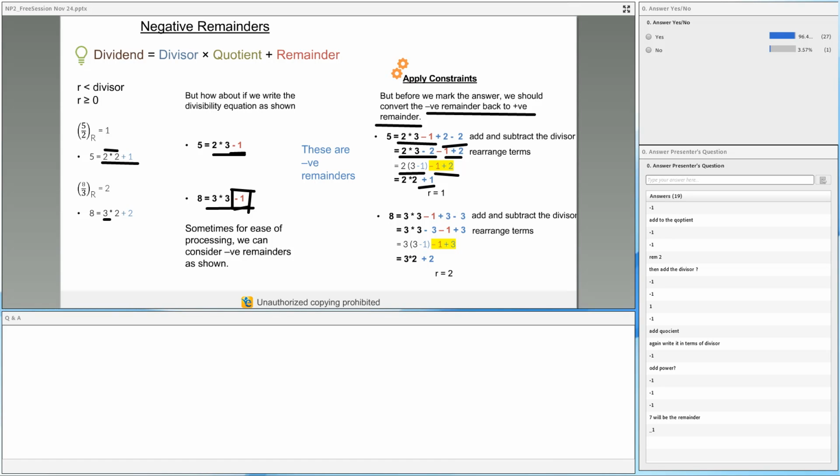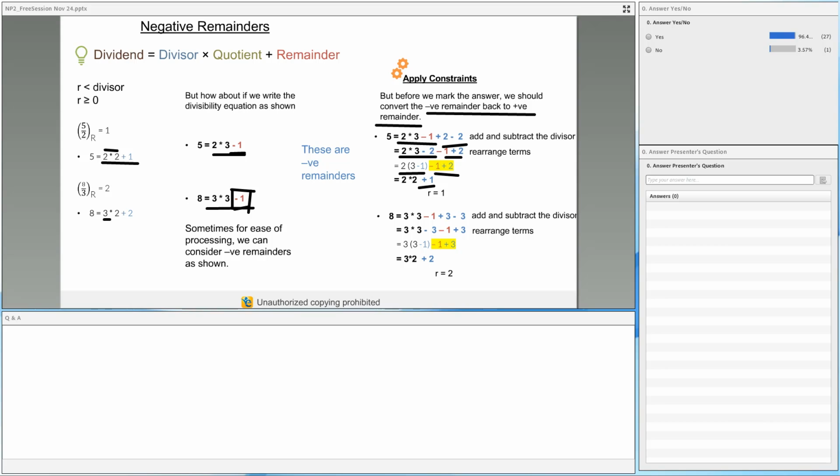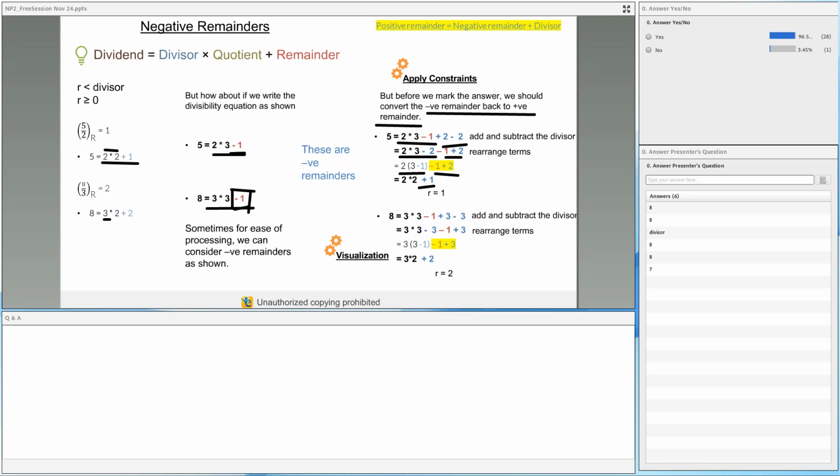If I get minus 1 to the power something, let me give you another example. Instead of dividing by 3, if it was dividing by 8, and I get my remainder as minus 1, what will I add back to get my answer? I'll add 8 to it, and minus 1 plus 8 is 7. So my remainder is 7. This is the main learning here, which I've clearly highlighted so that you do not forget it: to get back the positive remainder, simply add back the divisor.